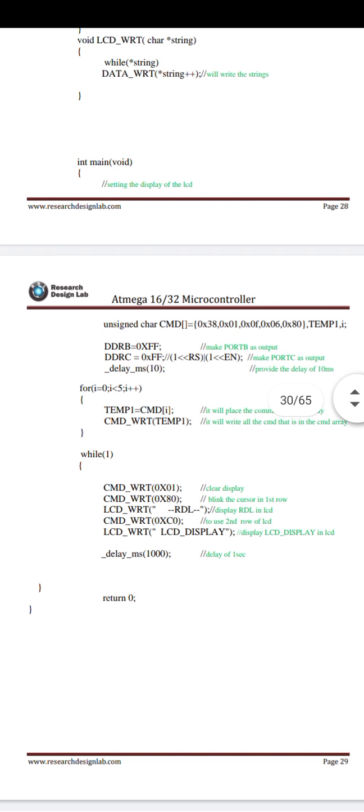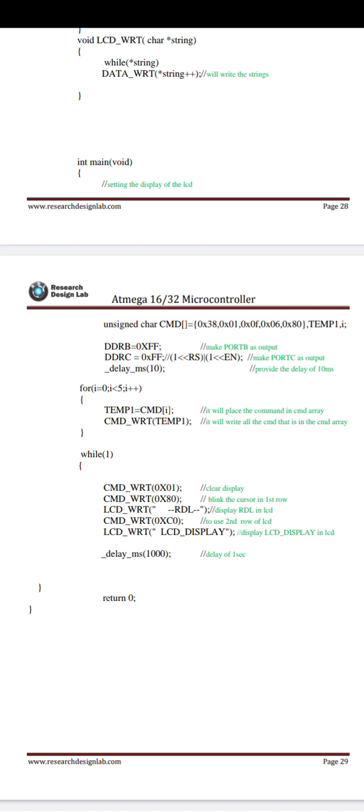Command write temp1, then command write 0x01, that is clear display. Command write 0x80, that is the cursor in the first row. Then the LCD string write, that is the text displayed on the LCD.